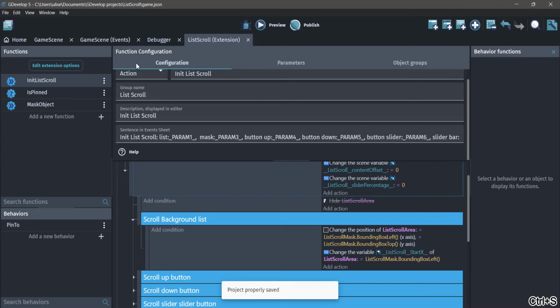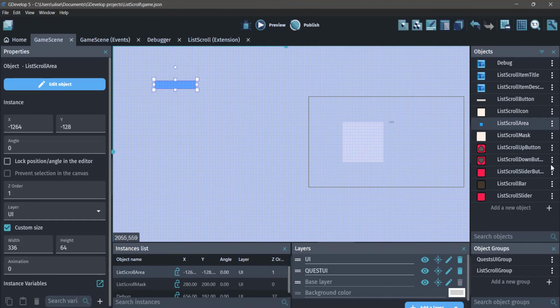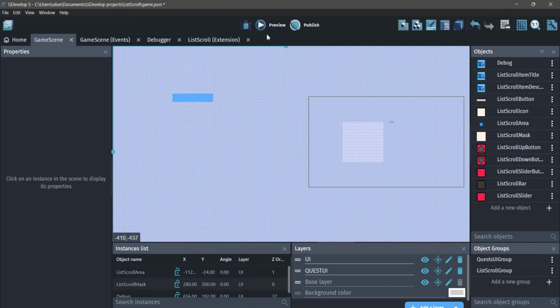Disable this so it's visible. Okay, so the list scroll area is here, but when I start,